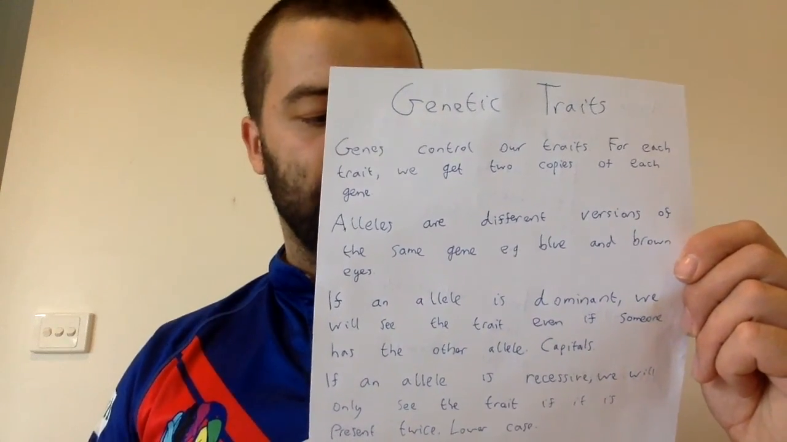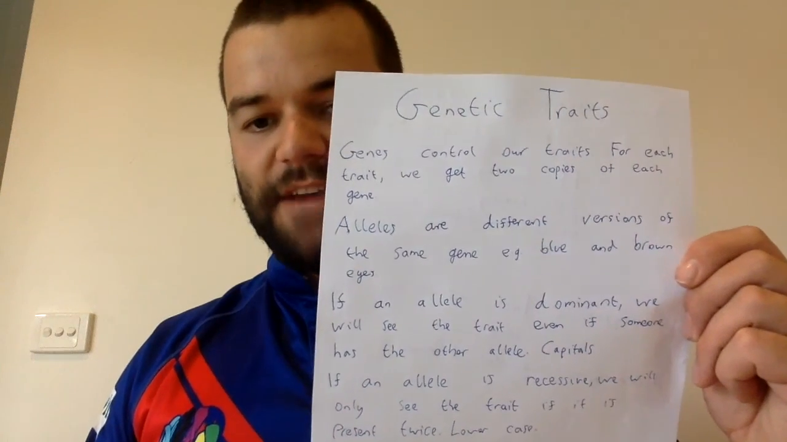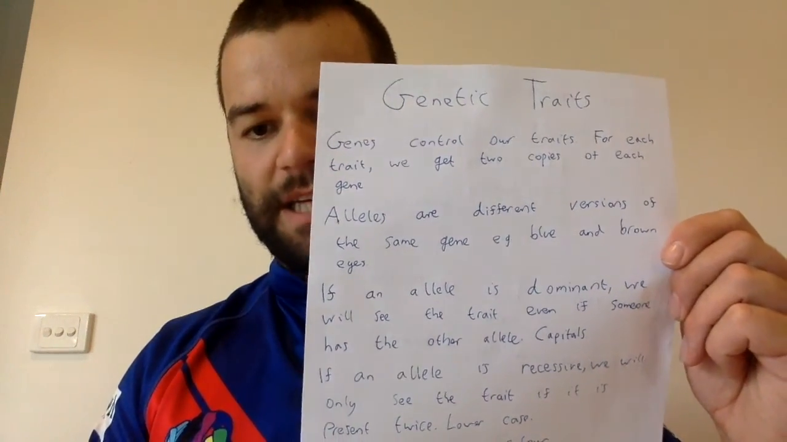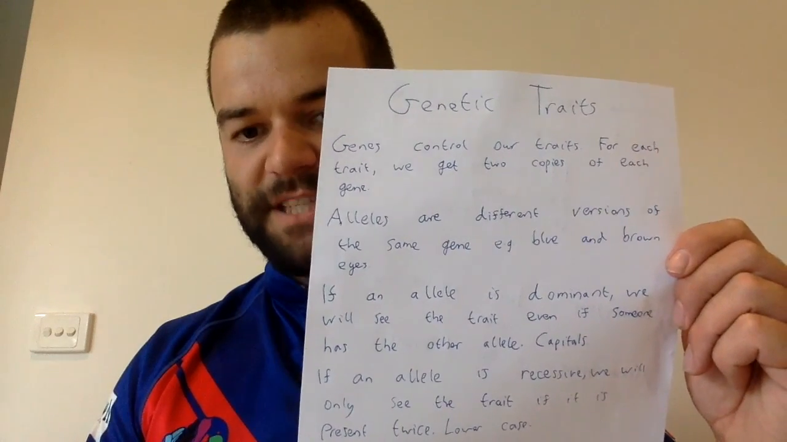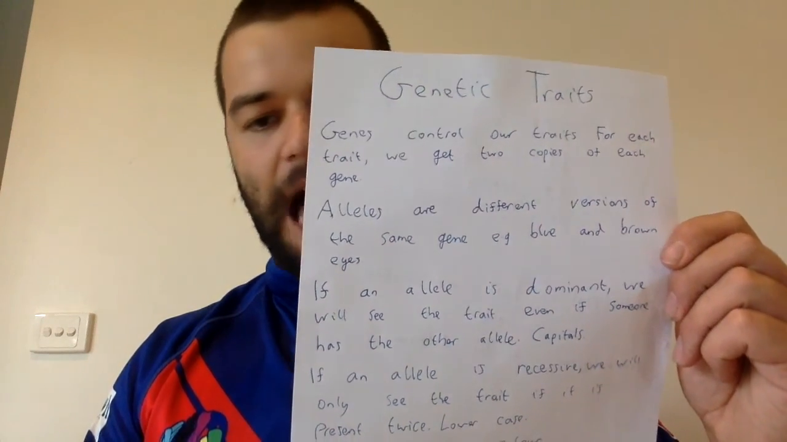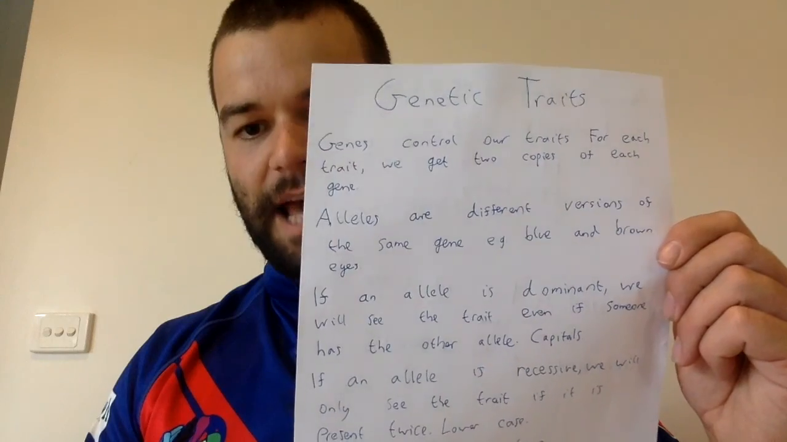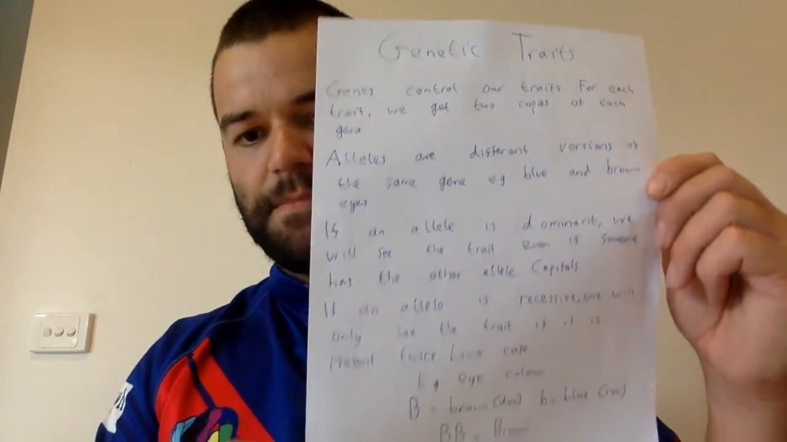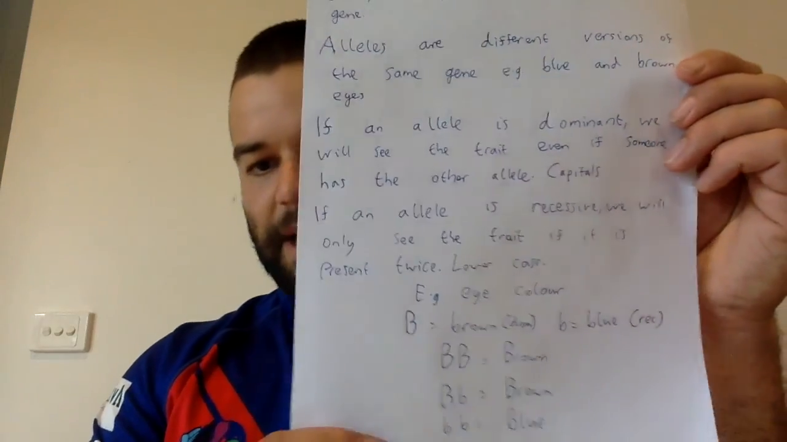The next key term is recessive. If there is a recessive trait, that means we will only see it if it is present twice. So if both the genes are that recessive trait. And we write dominant alleles in capitals and recessive traits in lowercase. So to make that a bit clearer, I've got an